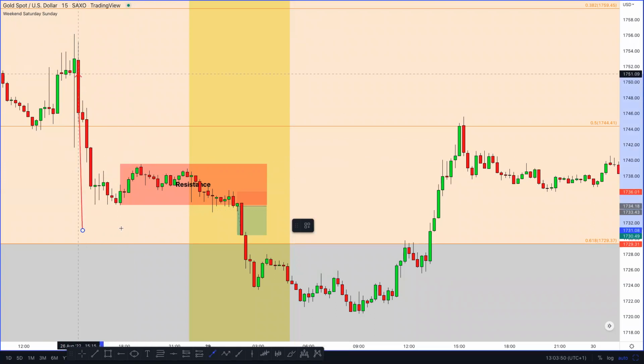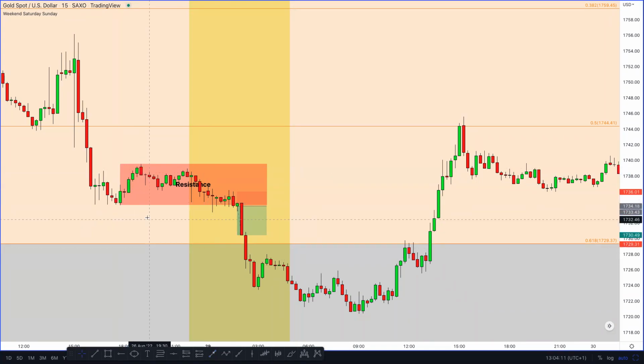So what you want to do is look for a swing low, swing high, whichever way. It doesn't matter. It just depends on how the day in the market is starting. We can see here that this was the previous week, but of course you would have started the market from this week here. But where was your swing high and your swing low? Your swing low was over here, your swing high was here.